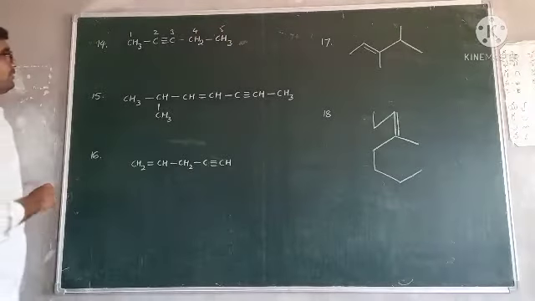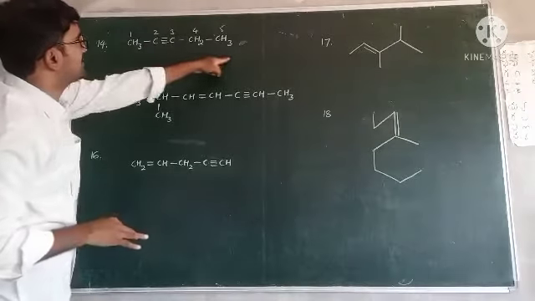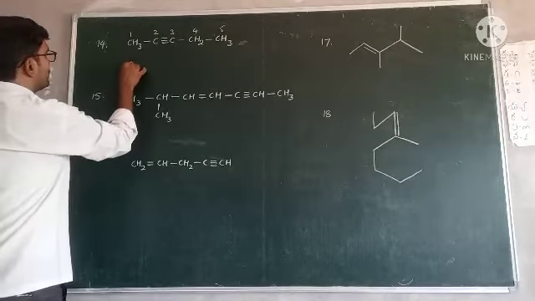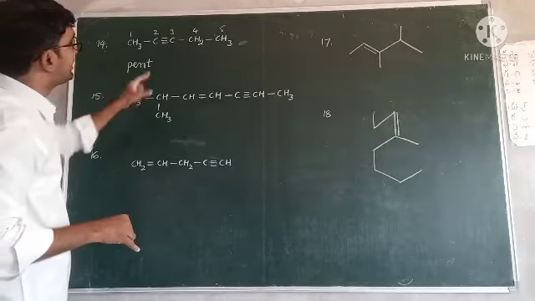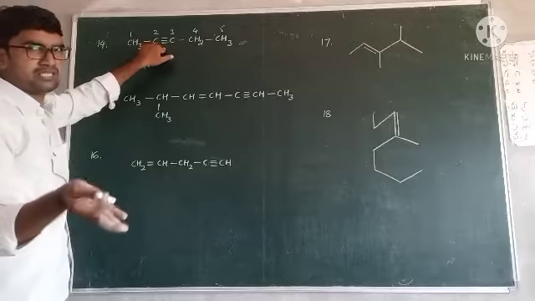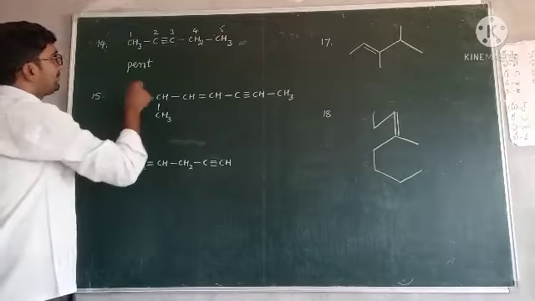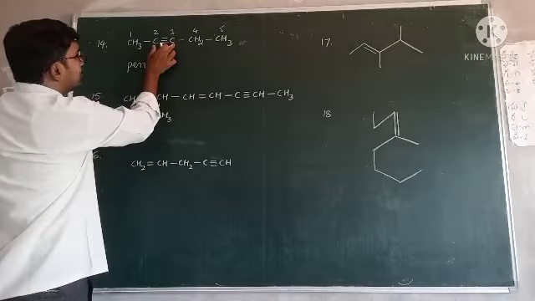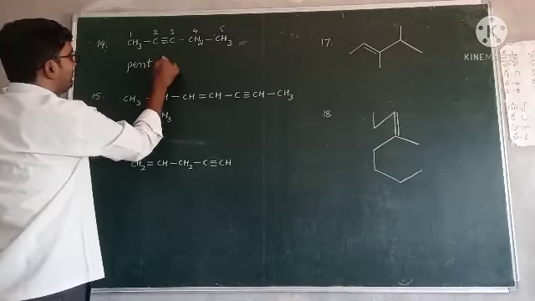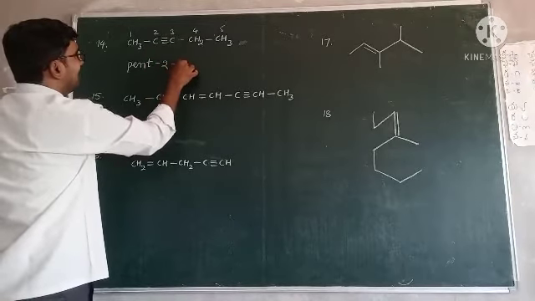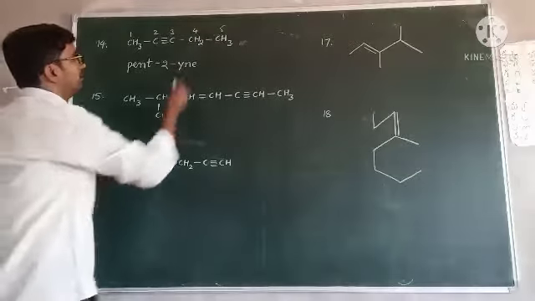Okay, now write the name. First one, substitutions. There is no substitutions. And number of carbons. How many carbons in this long chain? 5 carbons. So pentane. Next, bond type. What type of bond is present? Triple bond is present. Of course, remaining are all single bonds, but priority gives to the triple bond here. So triple bond is present, and the triple bond is attached between 2 and 3. In this one, which is the least number 2. So give the 2. Pent-2-yne. Because triple bond means ine, alkyne. There is no functional group.